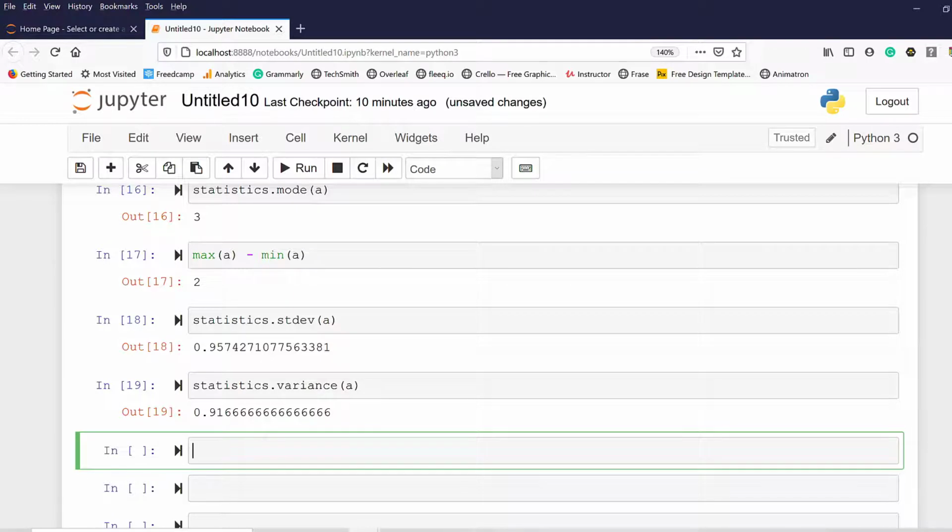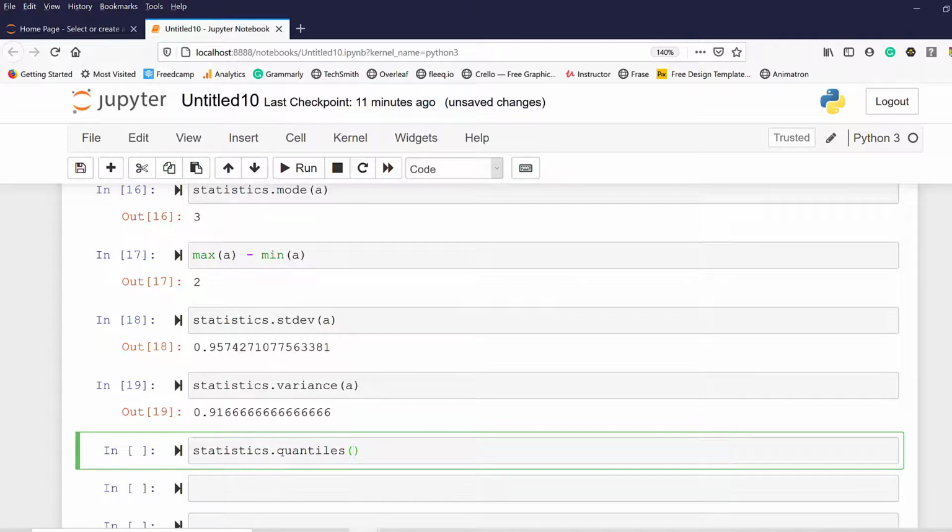Now coming to the interquartile range, let's look at that. Statistics dot Q, which is quantile. So quantile is a general term. If we divide this data into 4 groups, then that will be the quartile, quartile with the R. And here we have quantile. So quantile is a general term. So what do we need to put here?